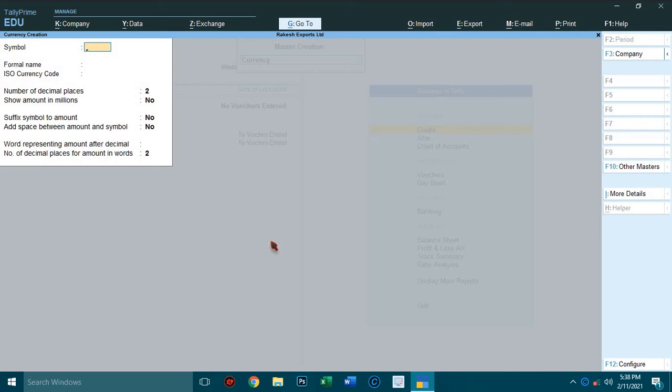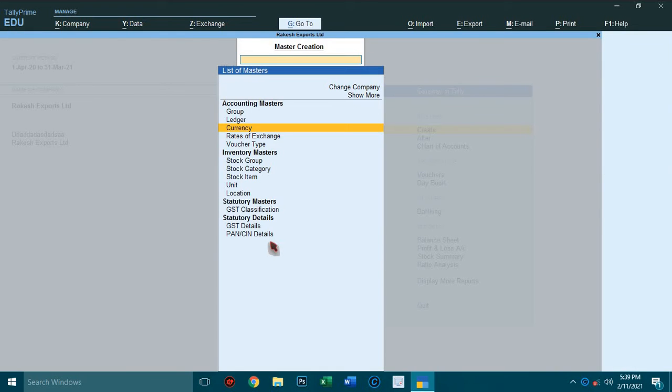So hold the shift and press digit 4. Formal name, type US dollar. ISO currency code 840. Word representing amount after decimal, cents. Accept.